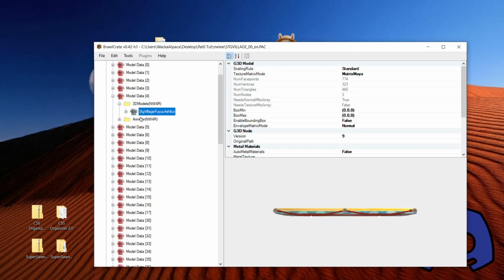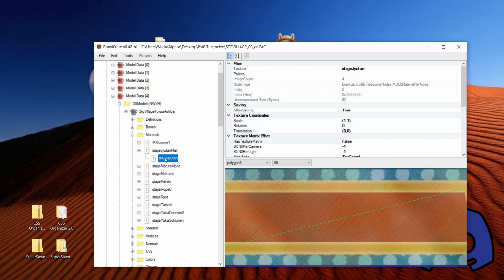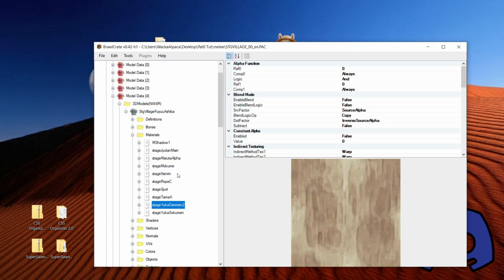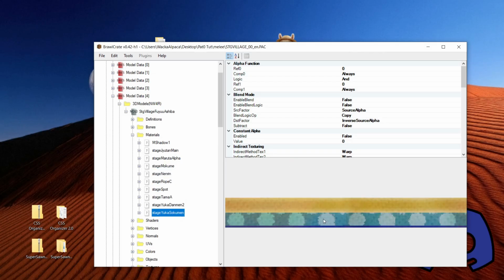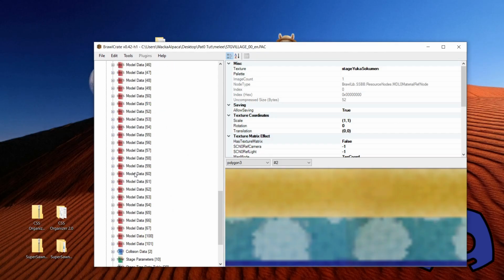Now first, you're gonna want the texture, I suppose. So how do you find what textures are applied to this? You can go inside of the model data and go to materials, and then you'll see, you don't need to expand that, I guess, but you'll see the textures. So which one do we want to try animating? Well, for me, I'm going to do this one because it'll be quick. So this is a texture called Stage Yuka Sokamen. Okay, great. We're going to go down to the textures,